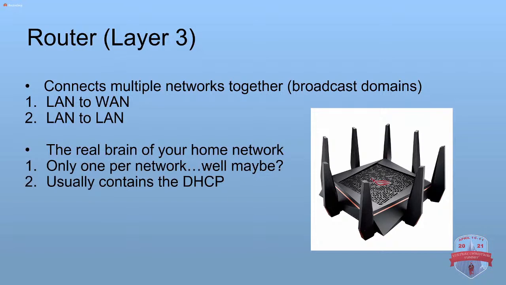So some people say, well, you can only have one router in a network. Well, that's true, you only want one in a network. But there is a scenario where you put a router behind a router and you're doing a network no-no called double natting. I won't get into what and how that is. But you can run a show network